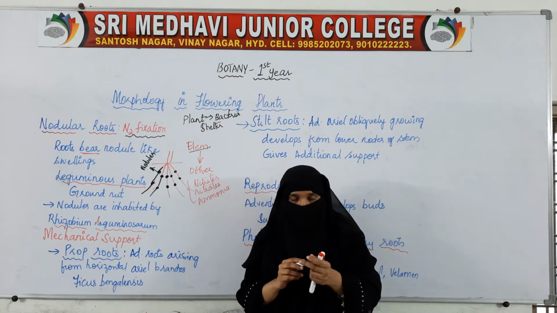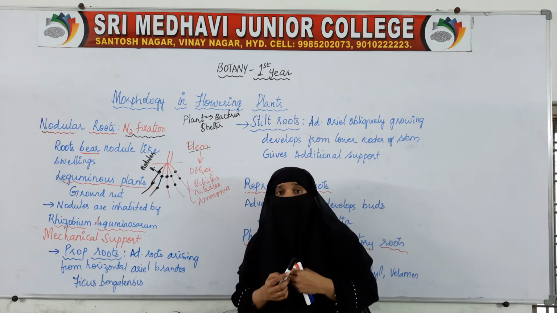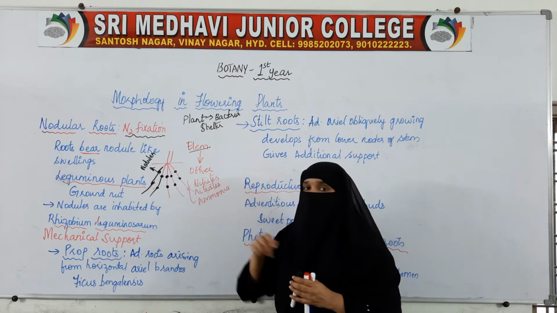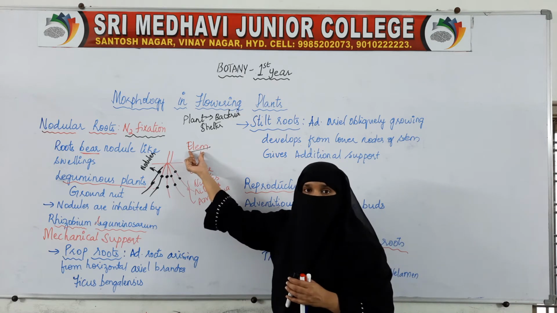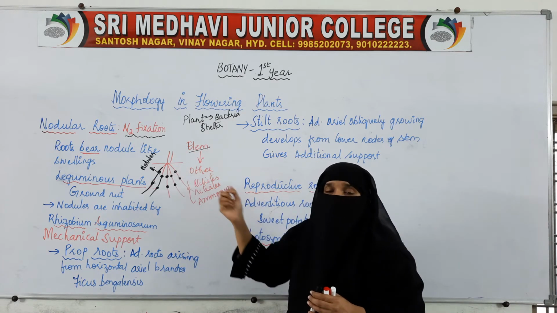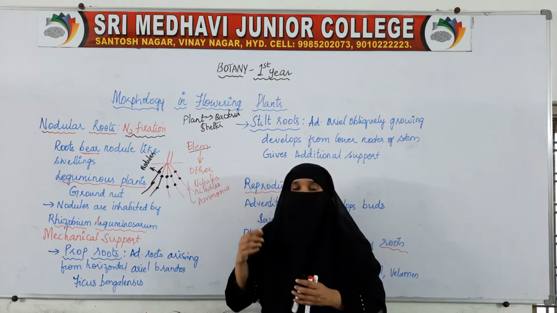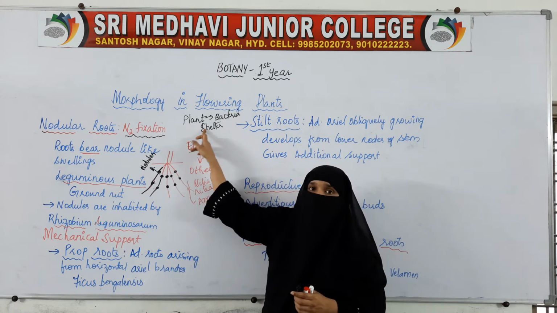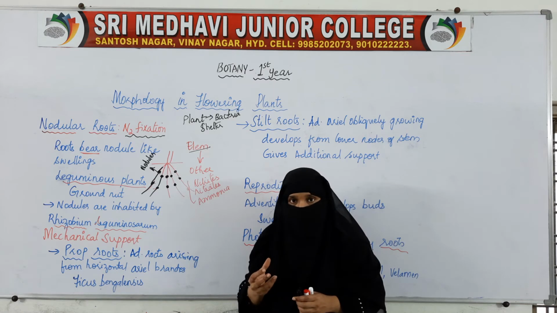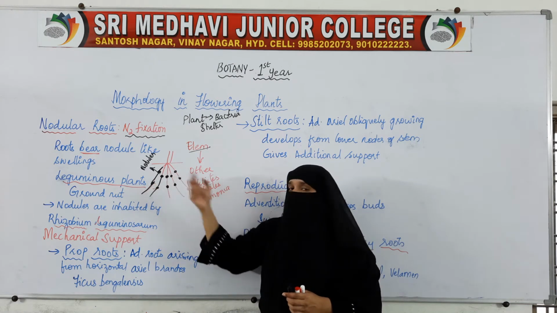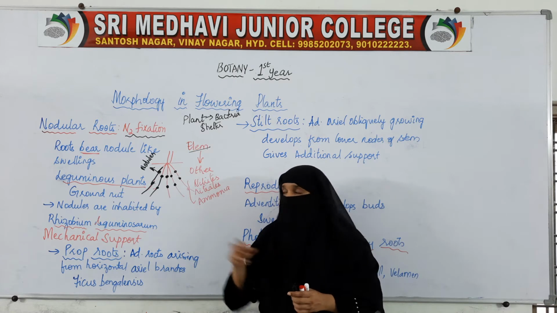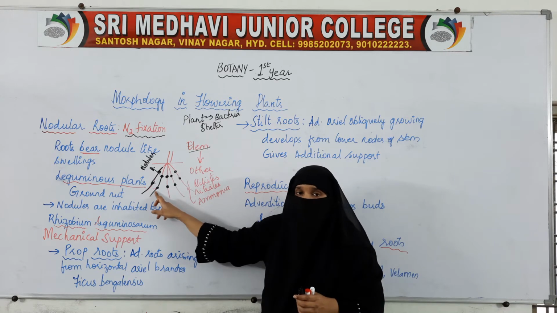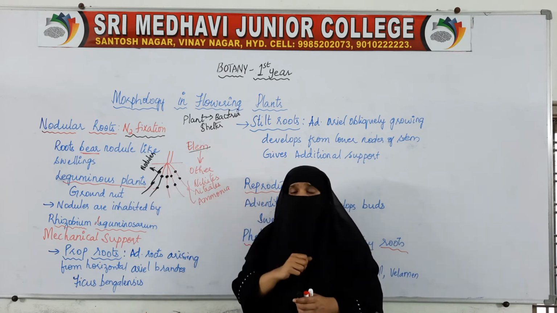These leguminous plants, an example of which is groundnut, are unable to convert the elementary nitrogen into other forms. They cannot directly take this elementary nitrogen, so they need it converted into other forms. In order to get that other form of nitrogen, these plants give shelter to the bacteria. Nodules are there, and inside the nodules the bacteria inhabit. So the plant is helping the bacteria by providing shelter.